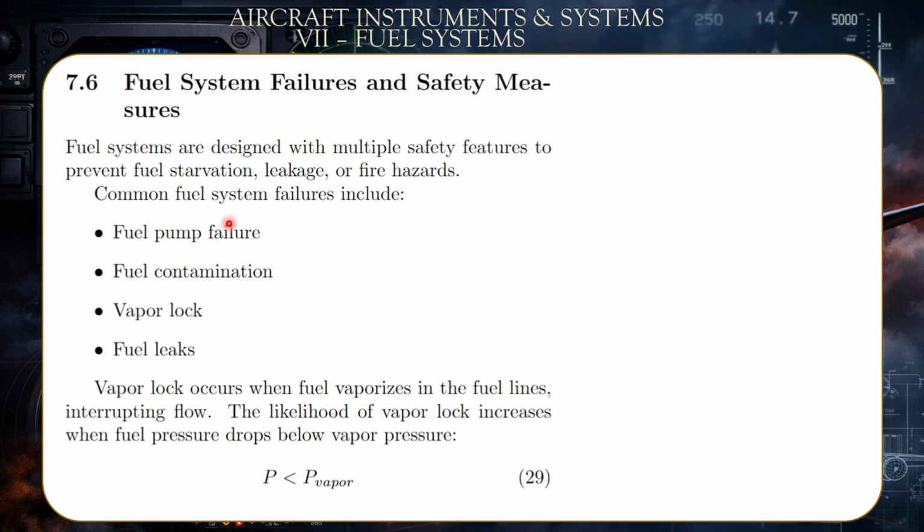Common fuel system failures include, but are not limited to, the following: fuel pump failure, the pump that propels the fuel all the way to the engines can fail, or fuel contamination, meaning a mixture between fuel and water that can lead to devastating